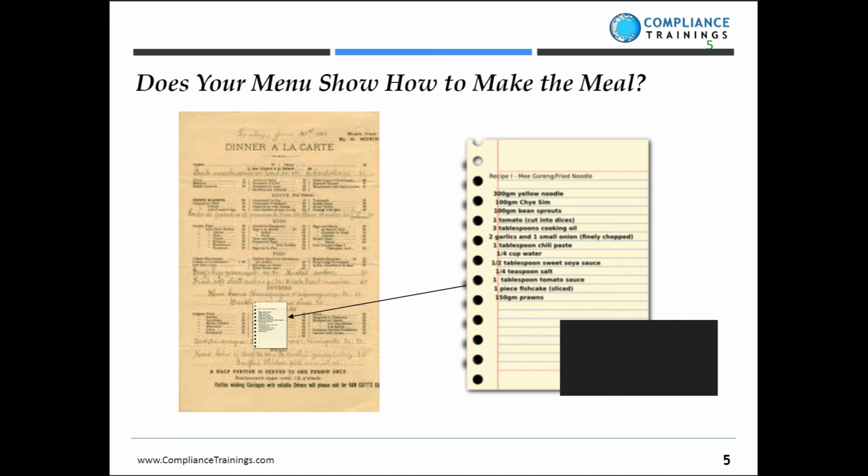So the menu, to do that, I call it a single function document, but it has two very important elements. One of those elements is the description of each dish. So the description of the dish is what you are getting. The other element is the price. The price is what the restaurant or the owner of the restaurant is getting. And with those two elements, you're able to make your selection.